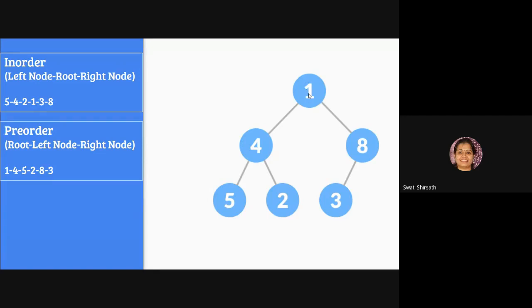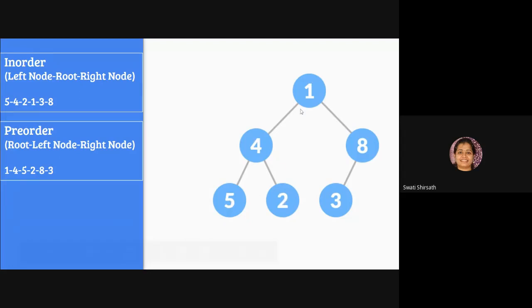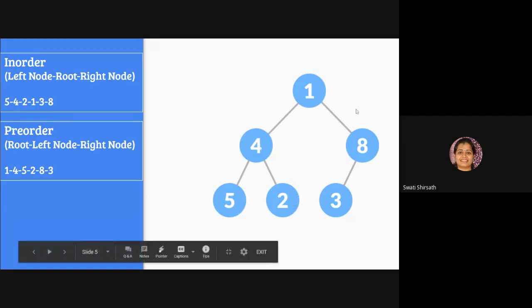So we write 1, then we went to 4, which is the left of 1. But at 4 we come to know that 4 is again having a tree. So again we'll follow the same thing. We have to consider 4 first because we are traversing according to the pre-order. So after 1 we came to 4, then to the left of 4 is 5, and then we'll write 2. So it is just 1, 4, 5, 2. Root, left and right. Then we'll go to the right side of the 1 and we'll follow the same sequence.